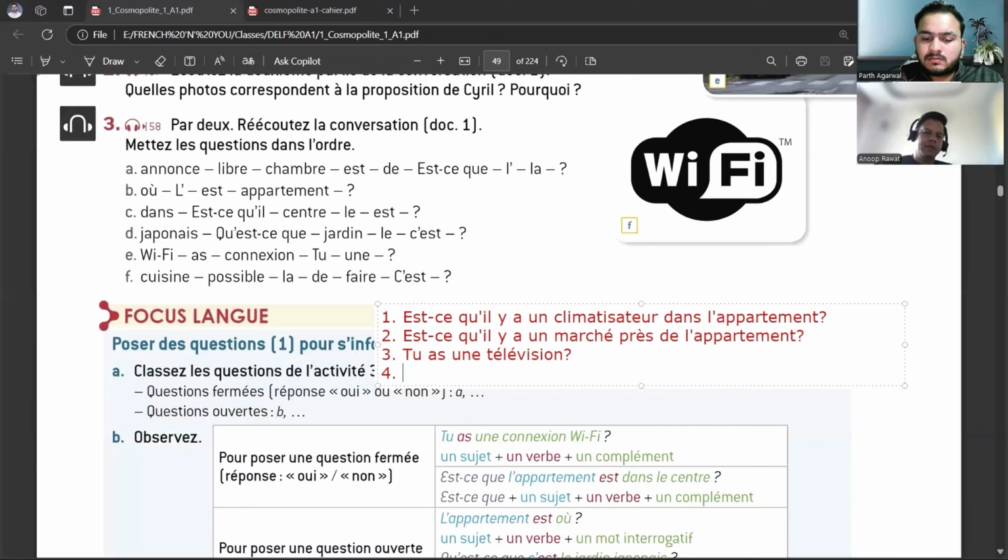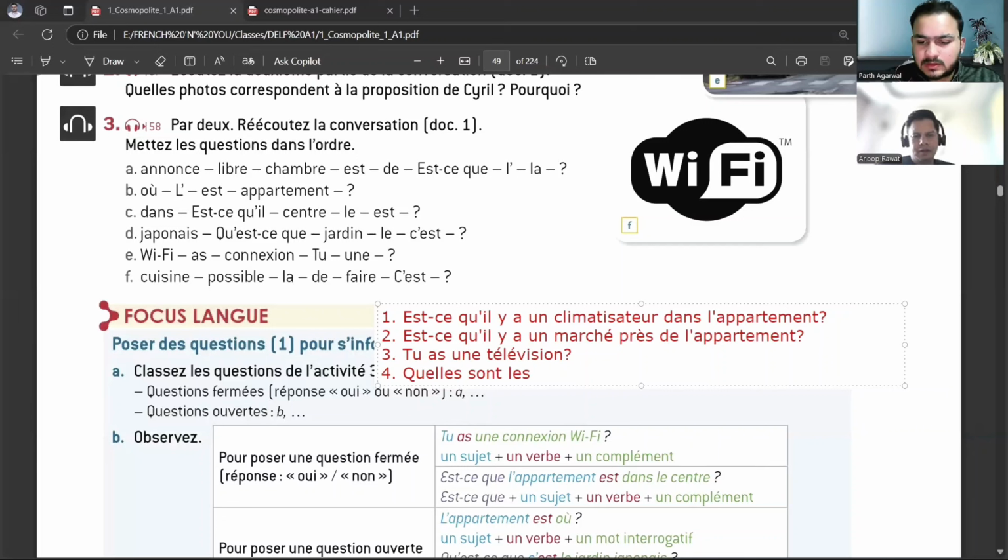Do we have public facilities like a hospital or schools nearby? So how to frame this question? Near the apartment? So do you want to write it like, what are the public facilities available nearby? Like that? Yes. Okay. So you can write quelles